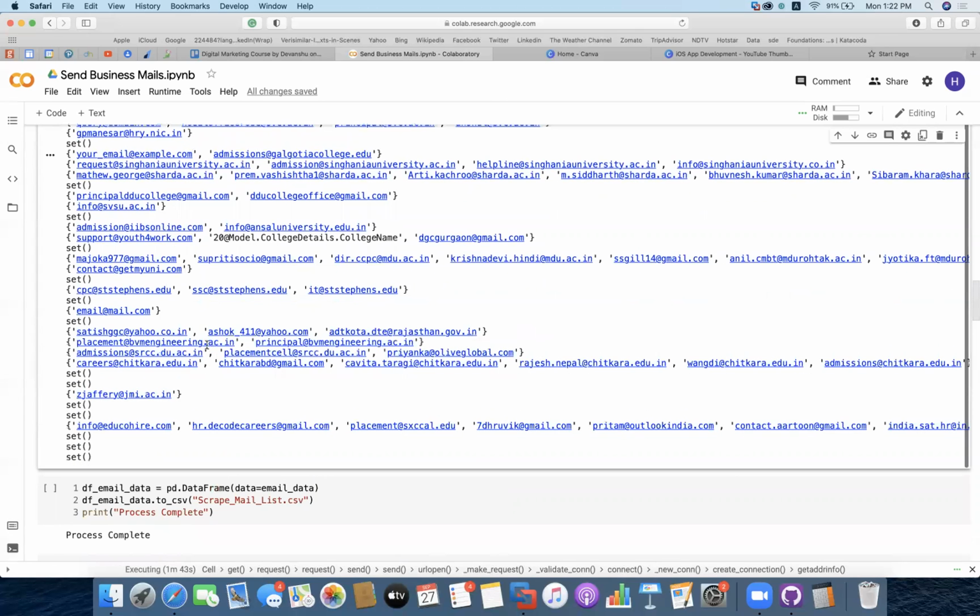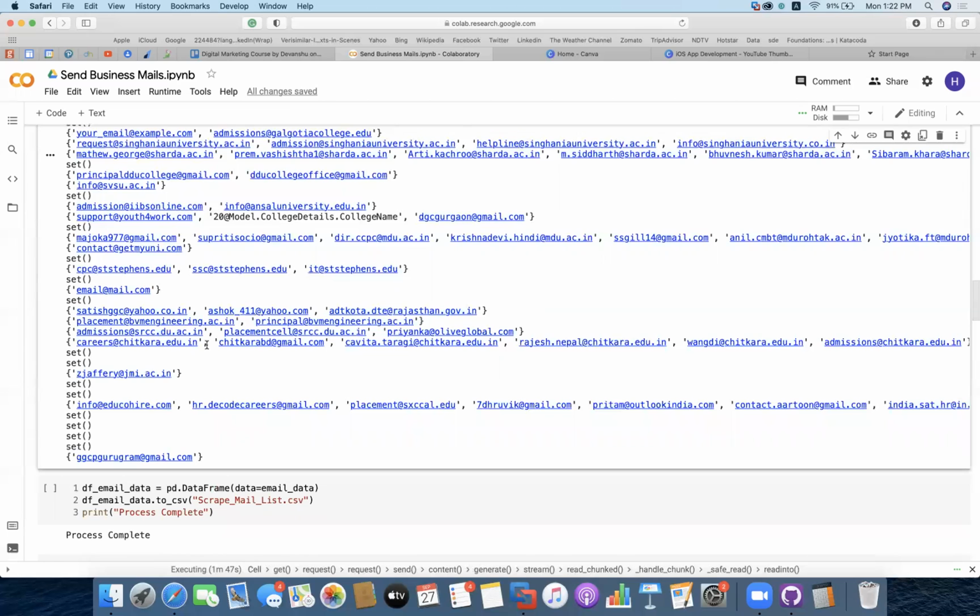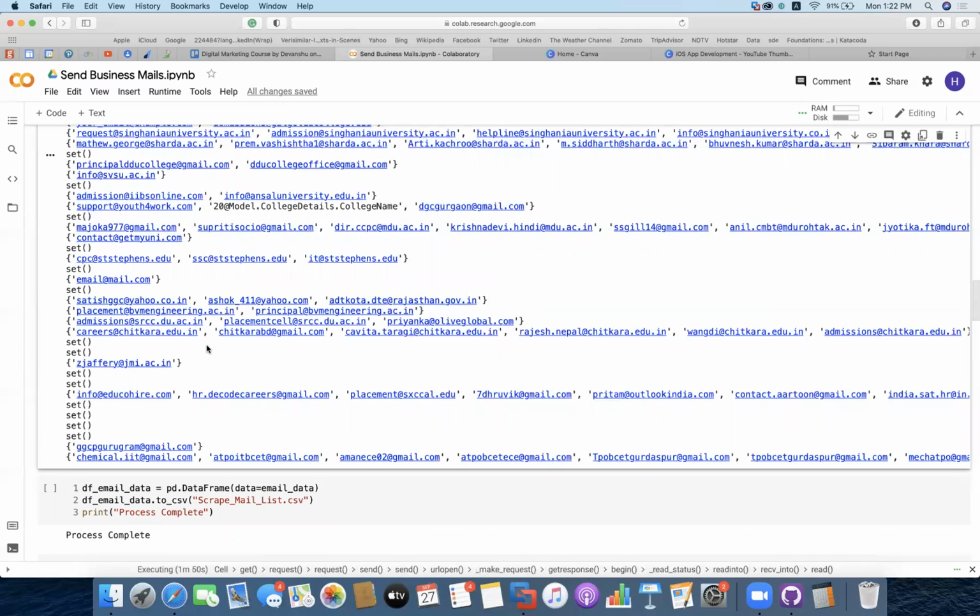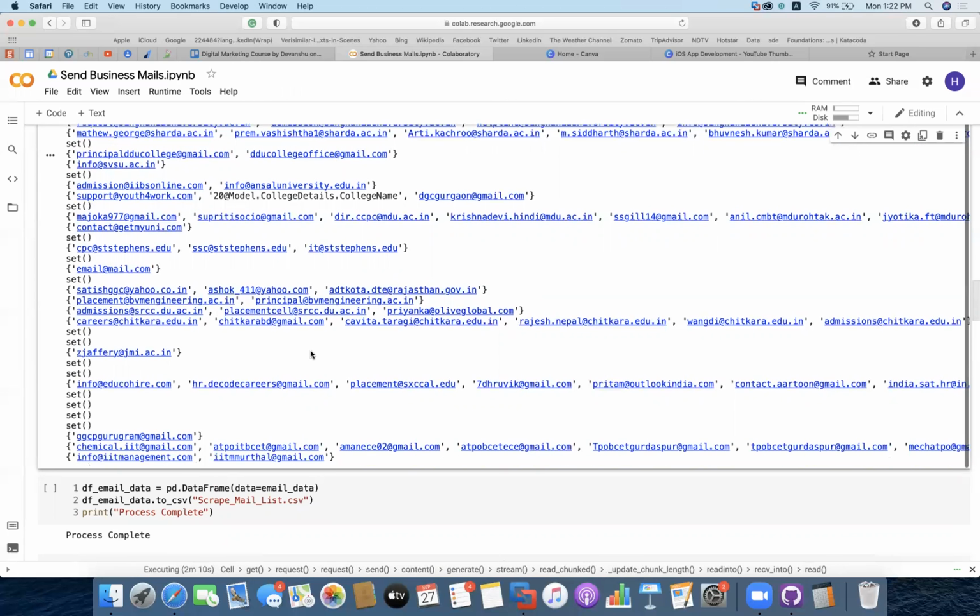So you can see that we have got a lot of email IDs extracted. Let the email IDs get extracted.